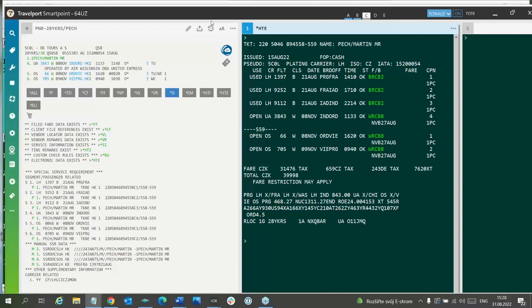So here is the PNR and the ticket. You can see that the ticket is partly used. Outbound sectors have already been used, and the passenger is in Indianapolis and would like to change his reservation. So I would like to show you informative segments, how they are working, and these informative segments are not stored in this PNR.